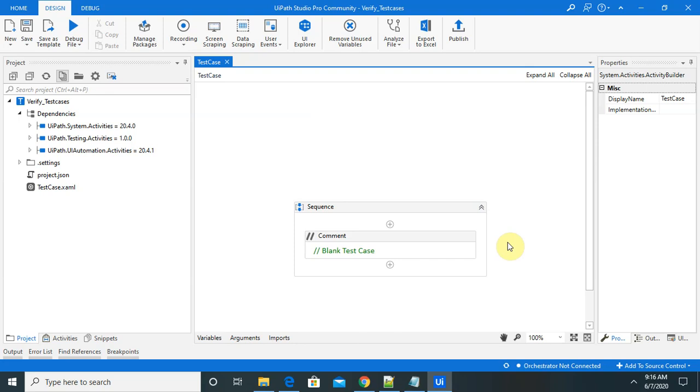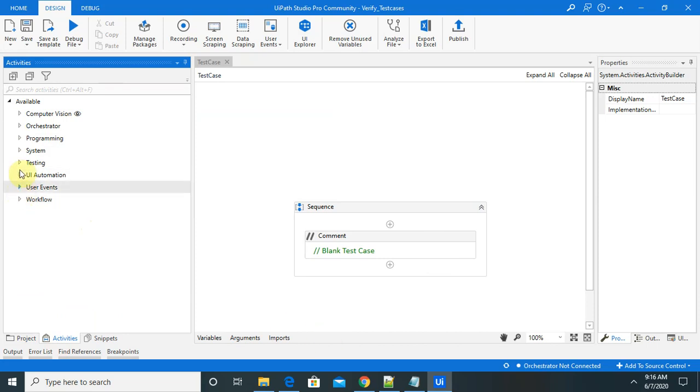Whenever we are working on start and end test for test report generation, it is always recommended to use in-between verification activities, for verifying whether your activities are working properly and we are getting the proper result or not. I will use one example to explain how to verify that and which activities are available in UiPath. So let's begin with this.